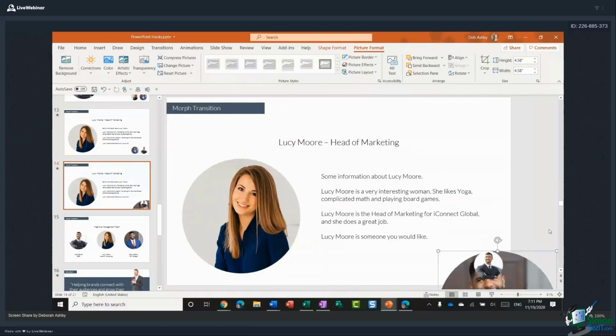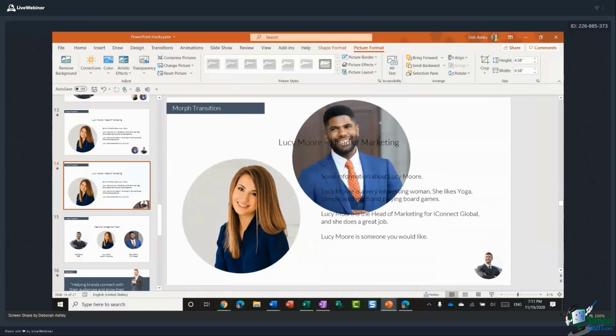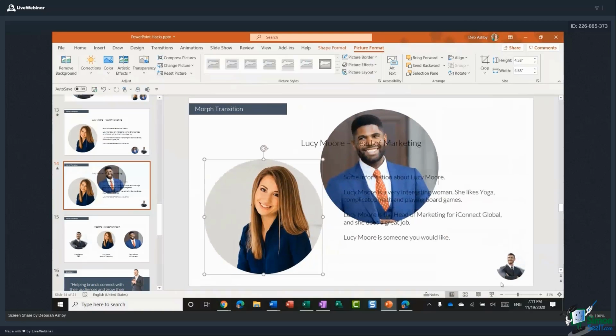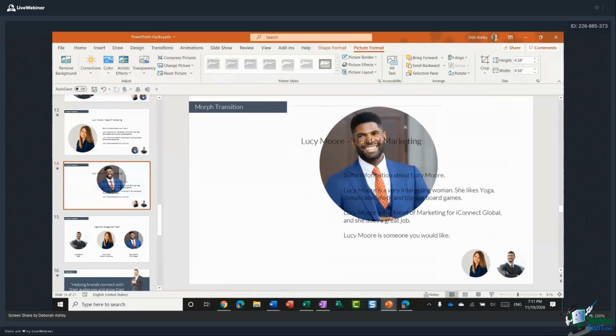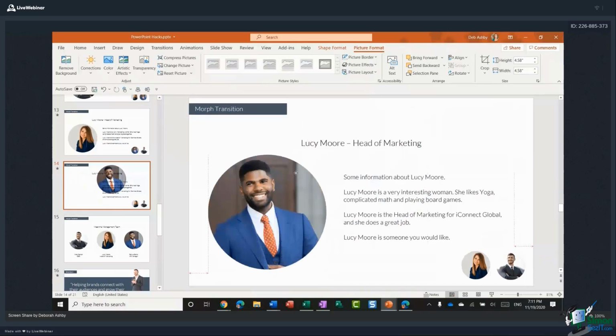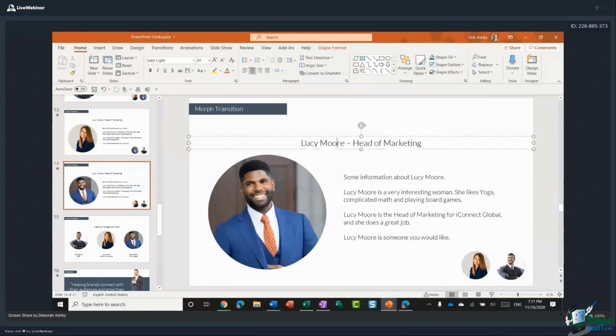So I know that that is exactly the same size. I'm then going to make Lucy as big as this one down here, which is 1.12. So we're going to 1.12, hit enter, and also the width 1.12, hit enter. And then I just need to place my object. So I want her to go down there. I want Darius to be the main focus of attention. And then of course I would go in and I would change the text here. We'll just say Darius Stone, head of HR.